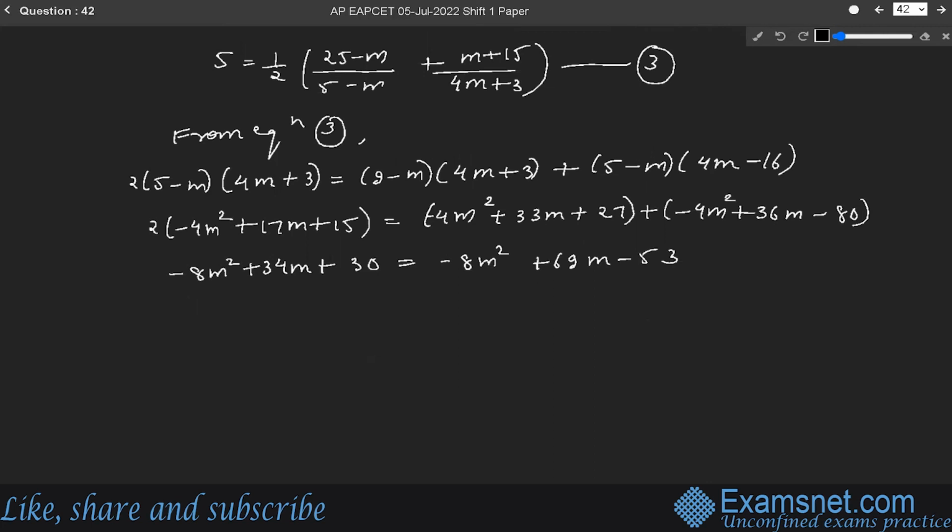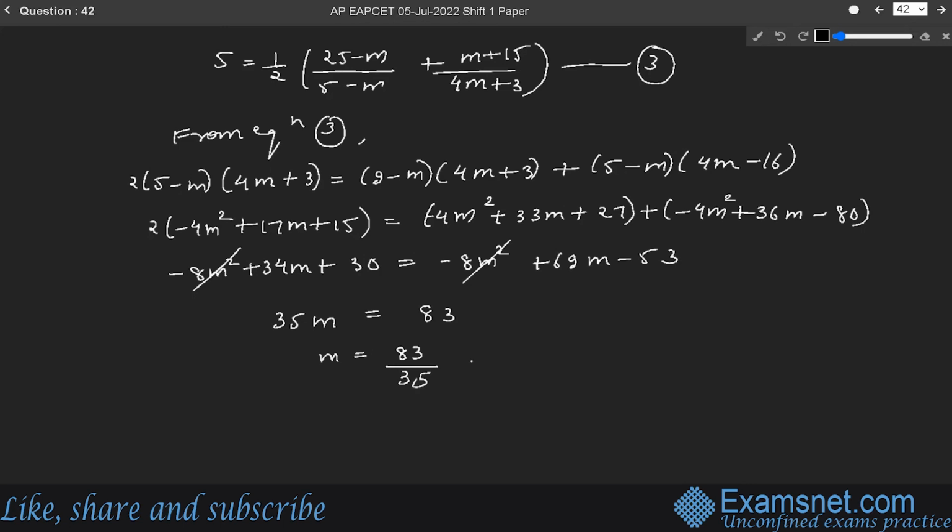So from here we can say that minus 8m square and minus 8m square will be cancelled. So 35m will be equal to 83. So we can say that